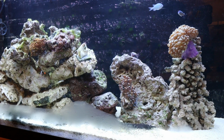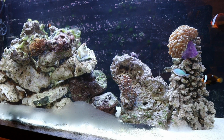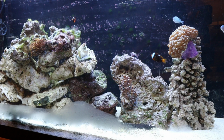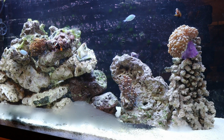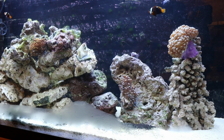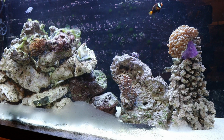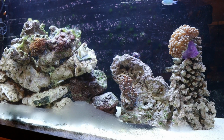So as you can see in this tank at the moment, I've got quite a lot of algae and cyano and some diatoms, some dinos attached to the rocks. Now, a UV filter will not get rid of that. It will only help to get rid of things that are in your water column that will pass through your filter and pass through the UV light. So anything attached to anything,